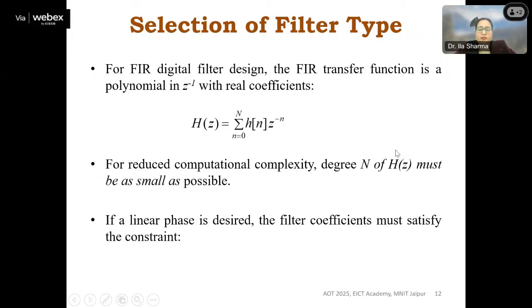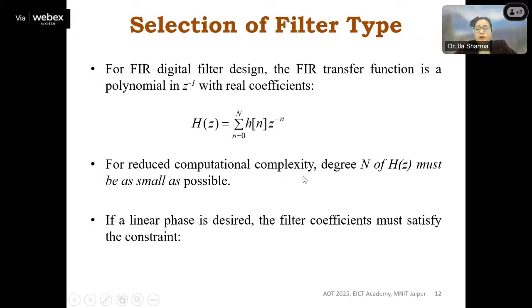Many people get confused. In my class some of the students ask, ma'am, why do I always get confused with the length of the filter and the order of the filter, because of the classification of FIR filters into type 1, type 2, type 3 and type 4 that we are going to see. So it is very simple. If it is starting from 0, then definitely the coefficients will be N plus 1. So the length of this sequence will be N plus 1, that is your length of the filter also. So order is N and the length will be N plus 1.